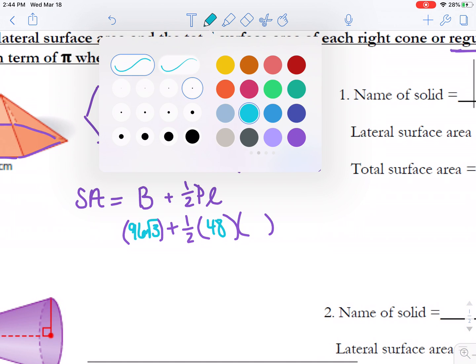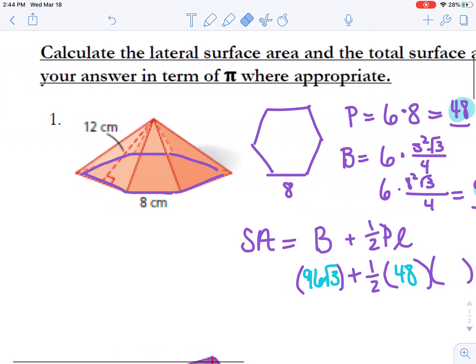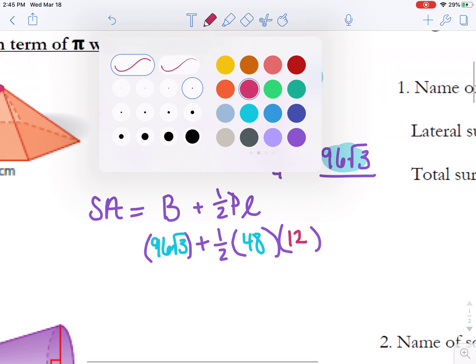The slant height is the only one that we have to go back into the original diagram to look at. Now, fortunately for us, they gave us the slant height. Remember, the slant height goes from the top vertex perpendicular to the midpoint of one of the sides of the base, and so this 12 is our slant height. So we're just going to plug that right in at the last spot in our formula,